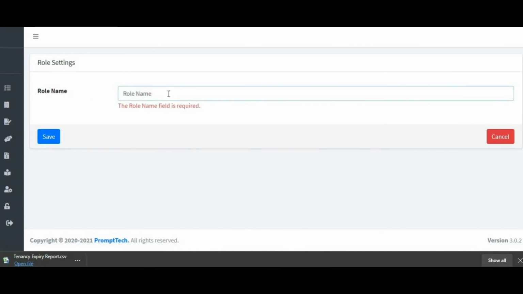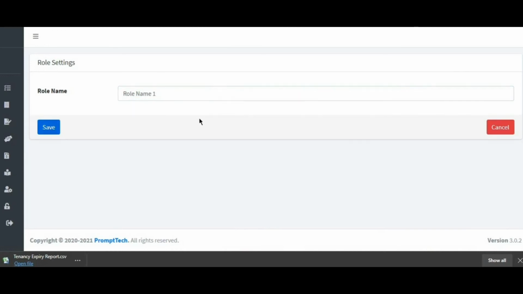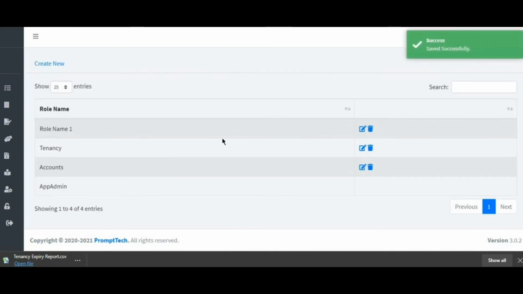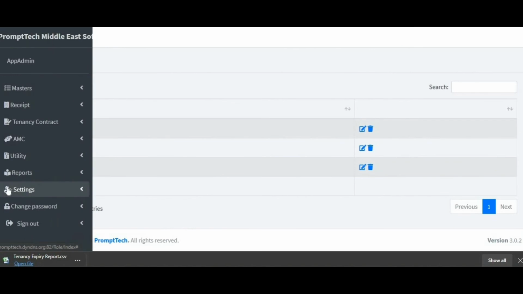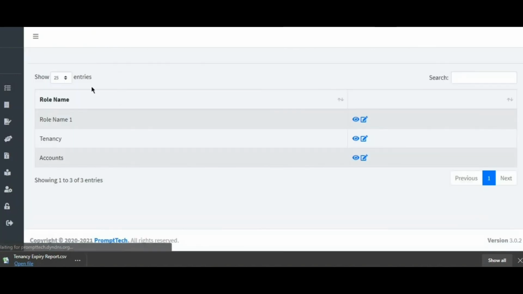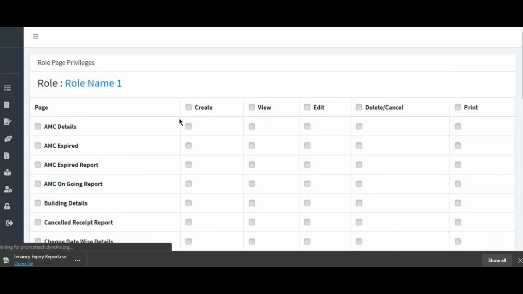So this is a list of people. I can put the dates over here and the details will be available. Next is the current tenancy. This gives a list of people who are currently staying there, who have occupied your building: their contact number, contract details, amount, how much they paid, and which unit number they are staying in. That is also available. So a lot of reports can be available over here.